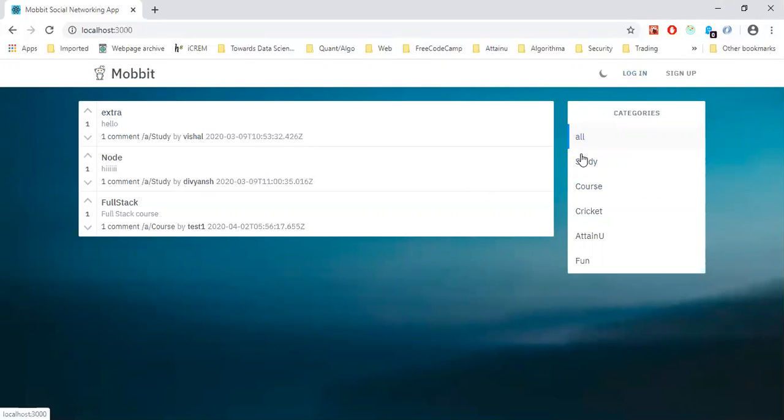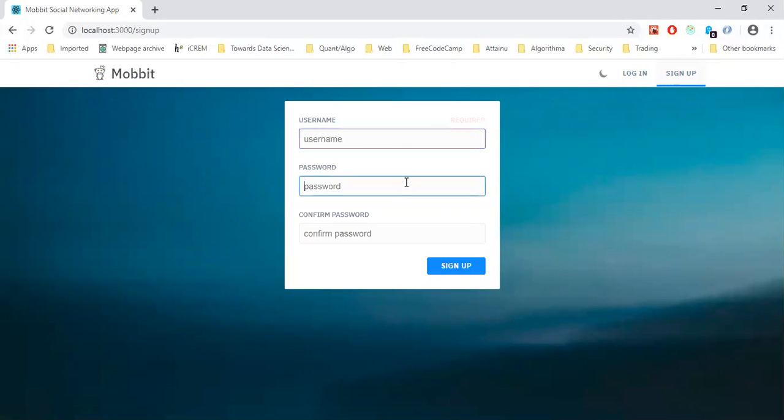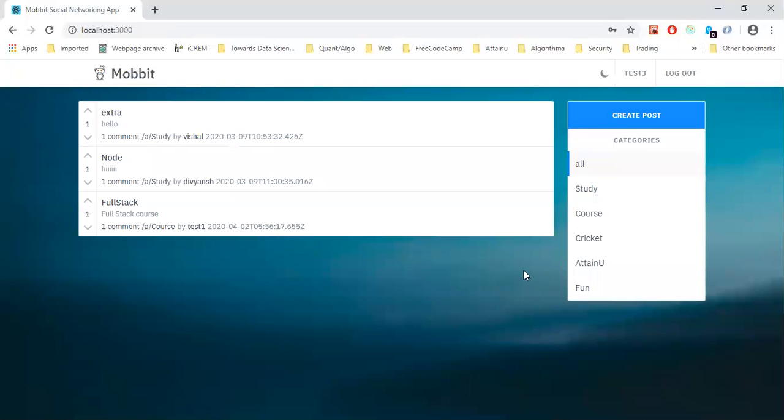So what I can do is start with the basic sign up procedure where you enter the username, password, and confirm password. We have some requirements here. The username has to be there, otherwise it will give a message "required" if it is blank. We also have it for the password field, if it is blank, then we will get a message "required". So I created a username and clicked on sign up, and the user has been created and signed into the